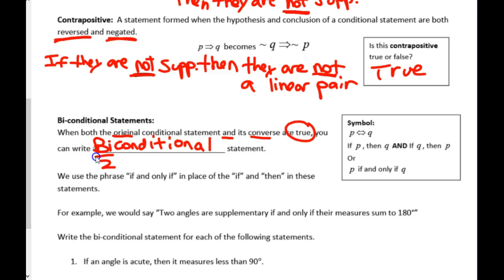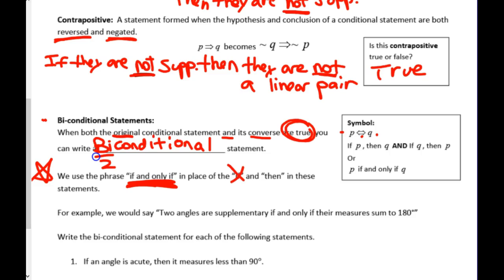I want everyone to look up here. We're almost done. Please. So, notice the symbol, P, double arrow, Q. When do I use a biconditional? When it's true both ways, okay? Now, this is very important. I want you to underline this, put a star next to it. If and only if, put a star right next to this thing. You've got to know this phrase. If you're doing a biconditional, you use the phrase if and only if.